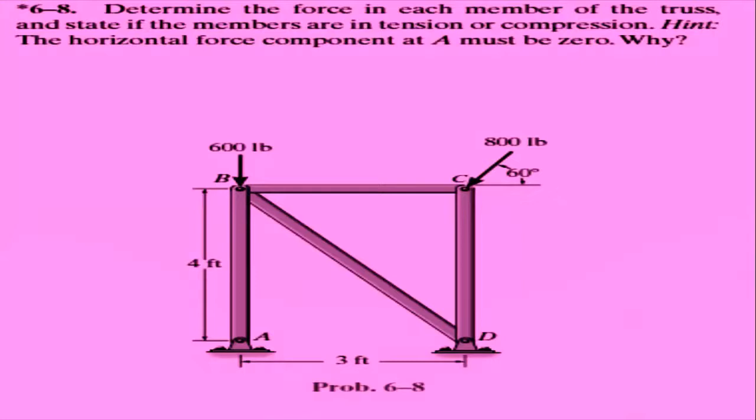Why? Even if it is not written over here, I want to tell you the reason for this as well. You can see in this truss that joints A and D both have hinge supports. So what does that mean? At a hinge support, there are two support reactions, AY and AX, the vertical component and the horizontal component. But at a roller support, there is only one vertical force.